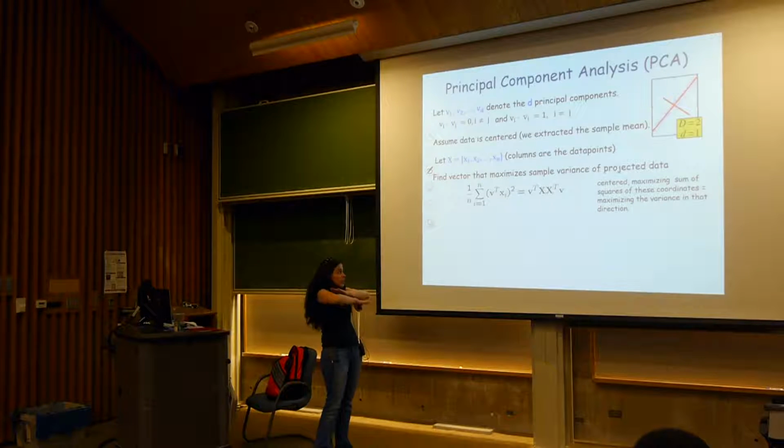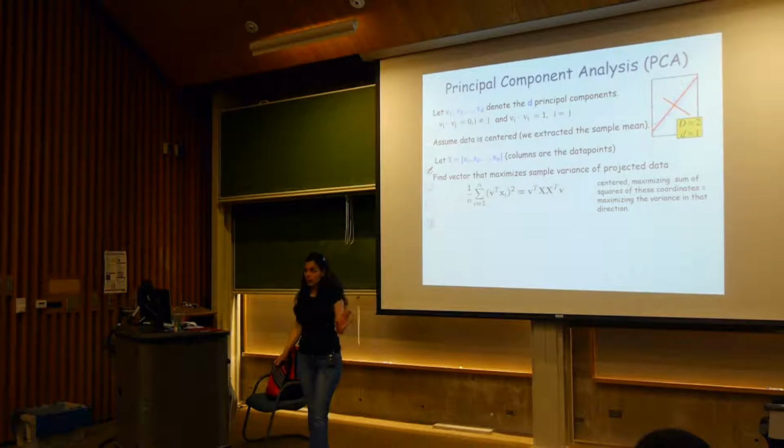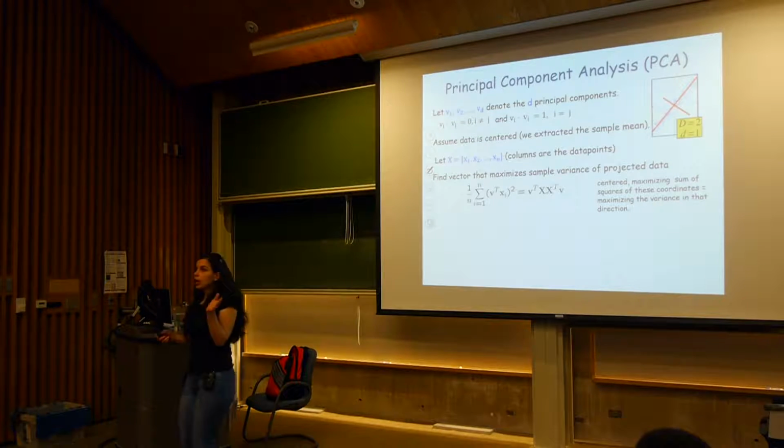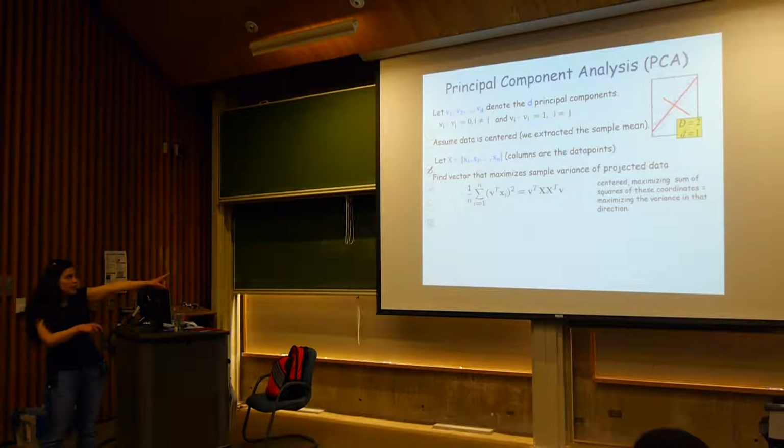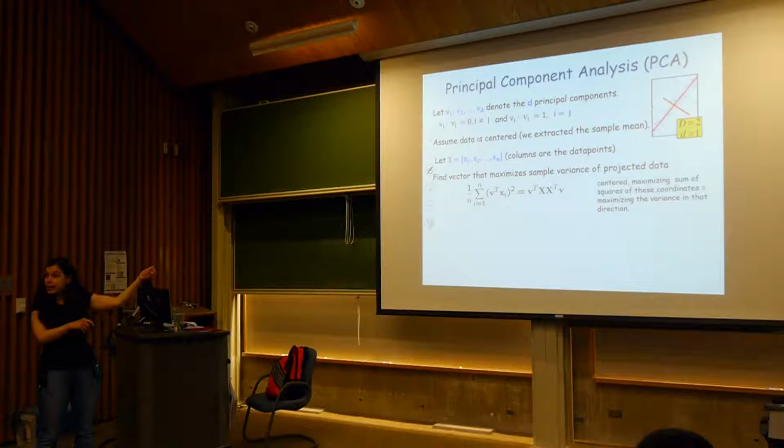And I want to maximize the variance over all my data points in the direction. And this is exactly this quantity over here. Okay? I'm not going to go through the computation, but it turns out that I can just rewrite this quantity here, which is the average sample variance, given by a vector V. V is the direction here. The average sample variance, which is exactly this quantity over here on the left,